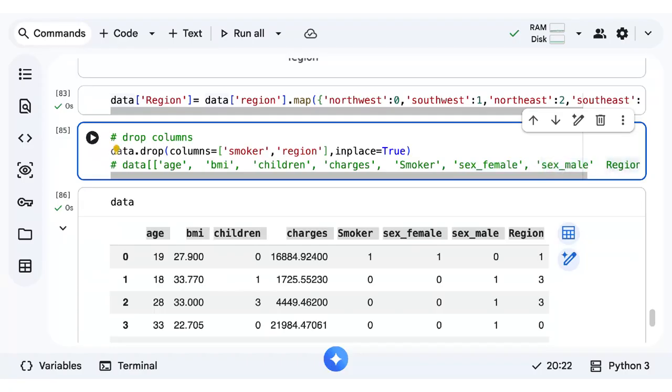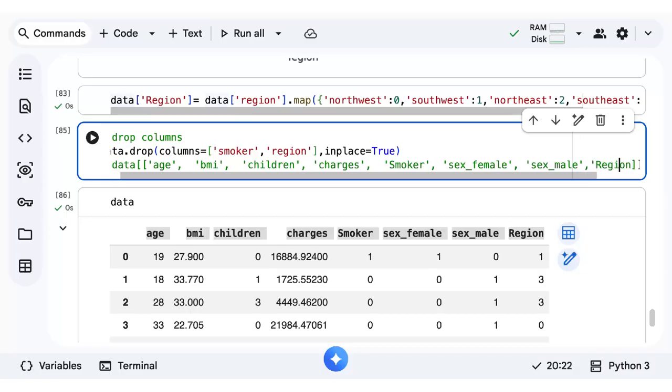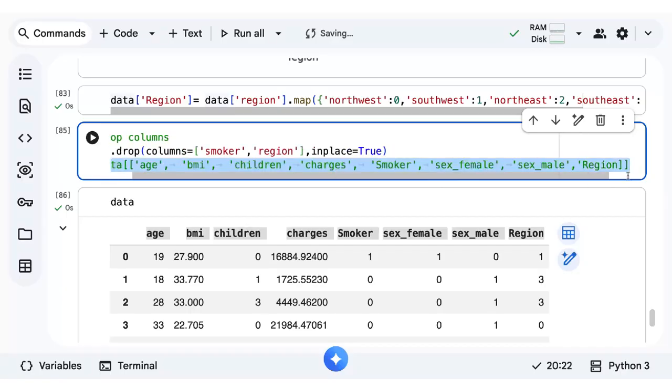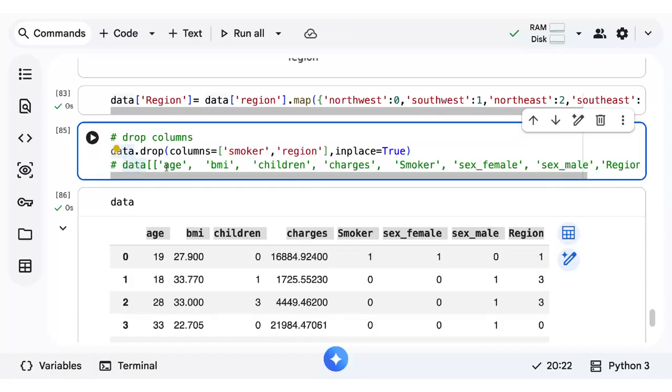Even this gives you the same answer. But for filtering, we have to create another data frame. It's like fetching only columns and then you have to assign to a new variable. Instead of that, this is the best option. Go with dropping whenever you don't want columns. All good. Cleared about encoding.